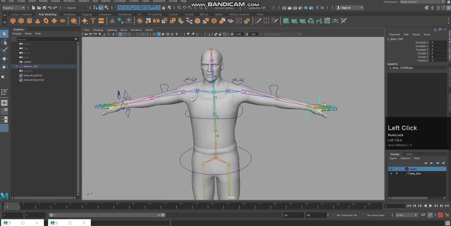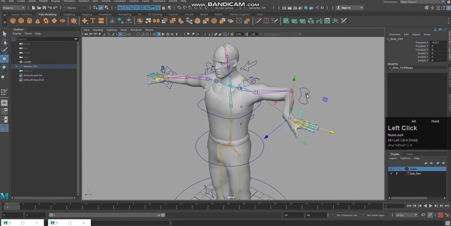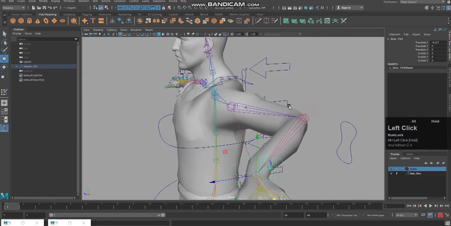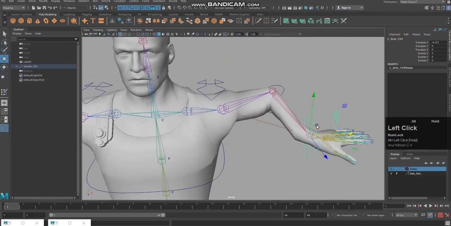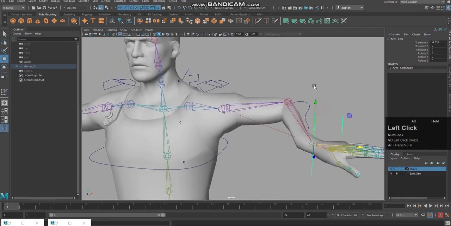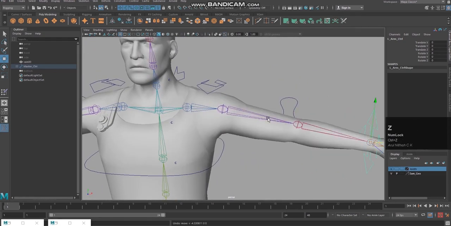Okay, if you are doing it like this, again you should do it for this elbow joint also. You can see the shape is not perfect, and the elbow joint is having influence here in the biceps of this body. So this is the shoulder joint, so you should select this elbow joint and remove the influence here. Only then it will look perfect. So you should do all these things.